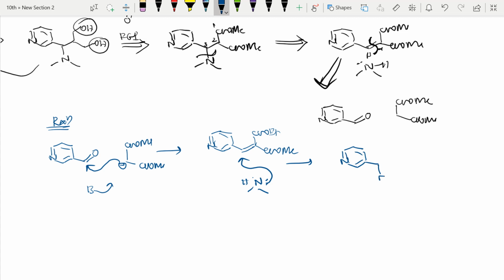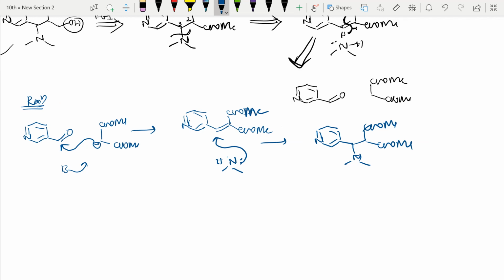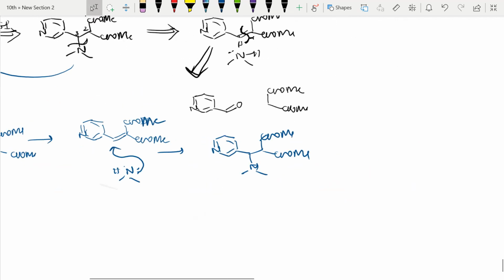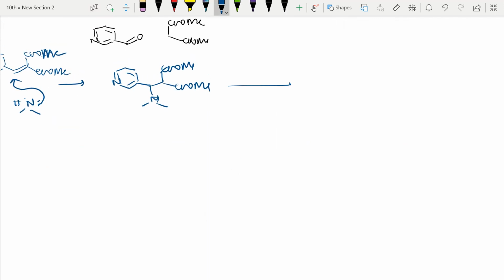So here NMe and other things as they are. Sorry, COOMe, here also COOMe, here also COOMe. I have simply written Et as it is, right? Further, what do I have to do? See here, functional group conversion: I have to convert it into alcohols. So what do we know? We can convert esters into alcohols by adding LiAlH4. Right, I will just add that, and I'll get the alcohols back.